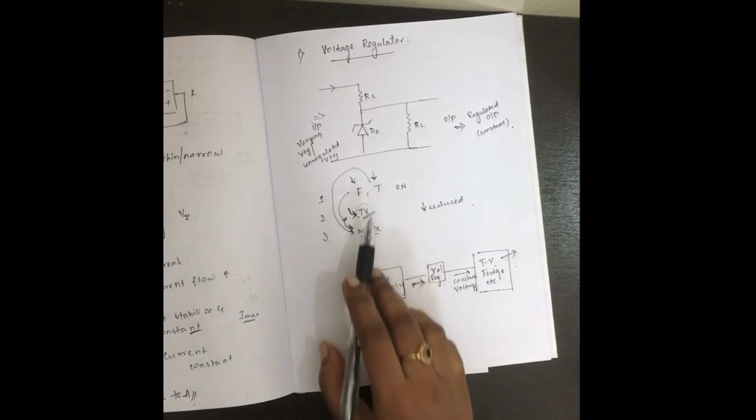So whatever appliances you turn on or off, it will not affect the TV or fridge if you use the voltage regulator. That constant voltage will be supplied whenever the TV is on, whenever the fridge is on. If you are turning on the motor or the washing machine, that will not affect the voltage applied to the other high voltage devices which are being operated.